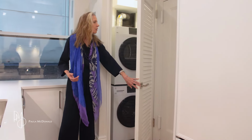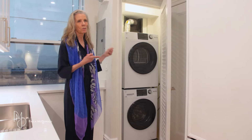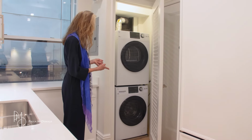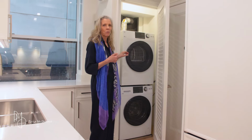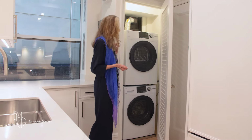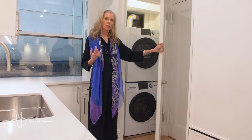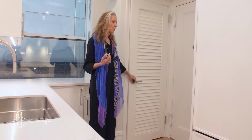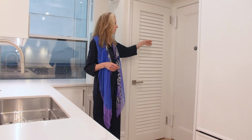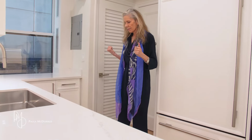But here we have the most difficult challenge in the world in this whole project, was this closet, and the space in this closet to fit a 24-inch GE vented dryer and washer. And the templating challenge took like 3 of us to figure out how to do it. My crew is really great, and between the carpenter, myself, and the plumber, we actually navigated how to cut the inside of that wall and make it work. So I love pulling the wood into this kitchen,